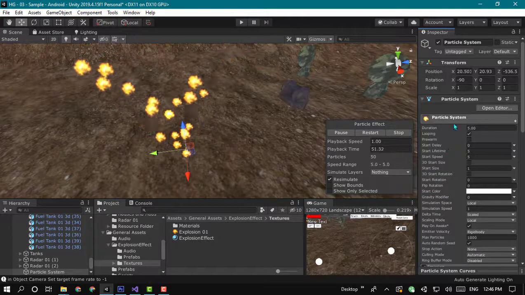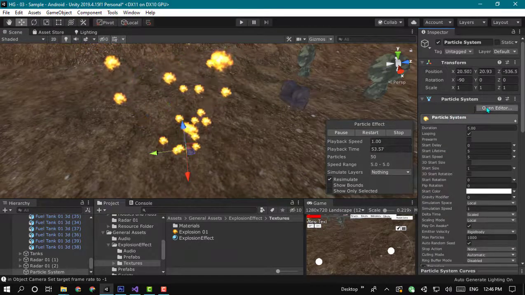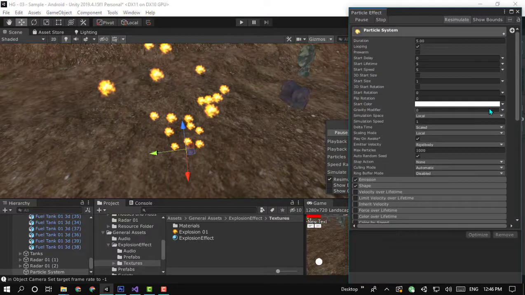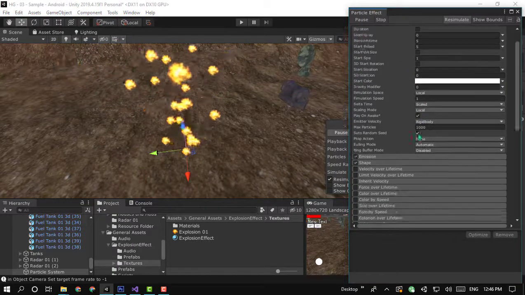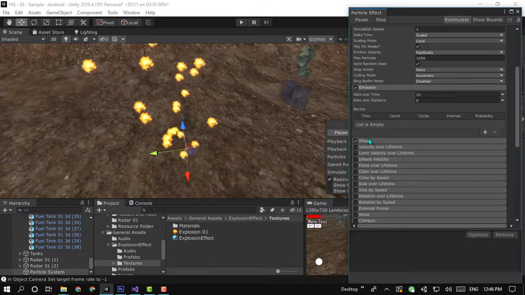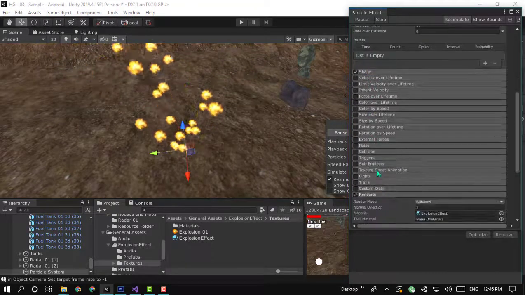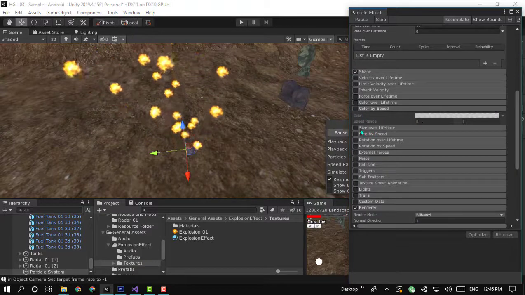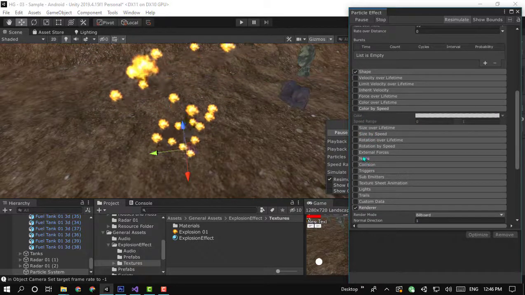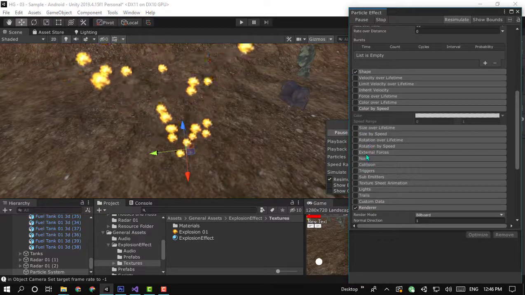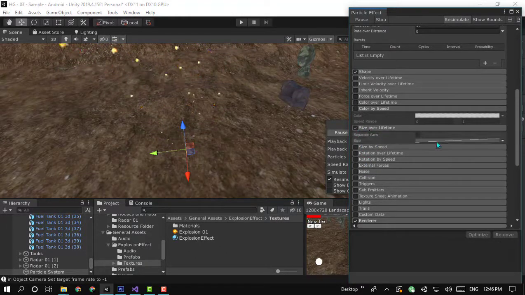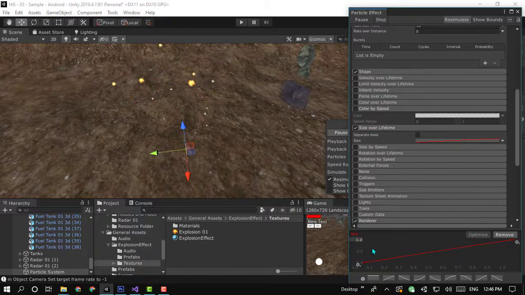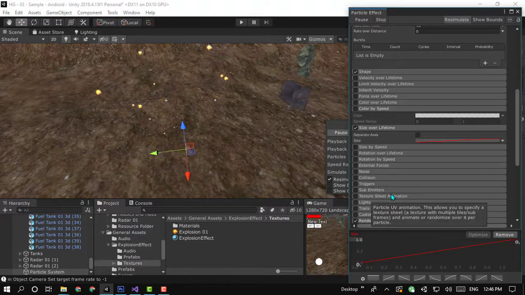So click this button, open editor, so you can change things like this. Where is it? Yeah, something like this. You want to change this, you can change it here. And so